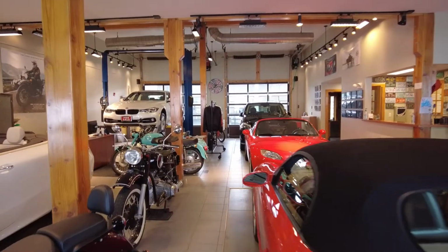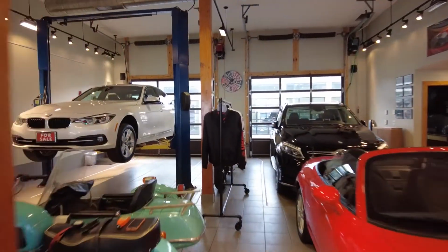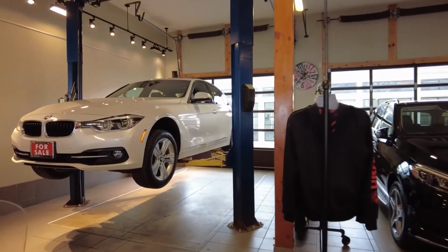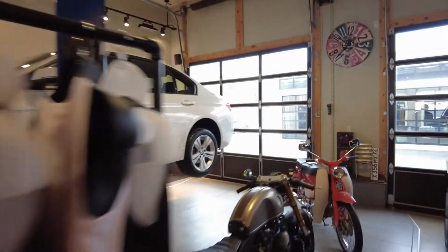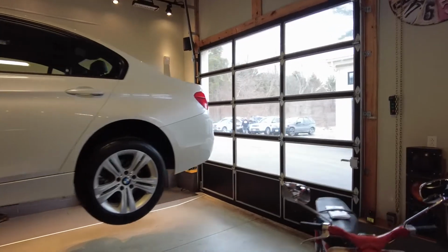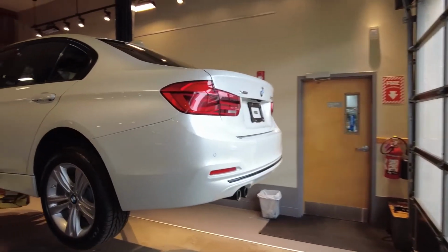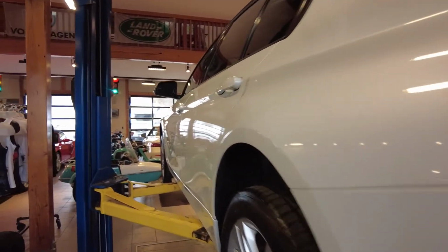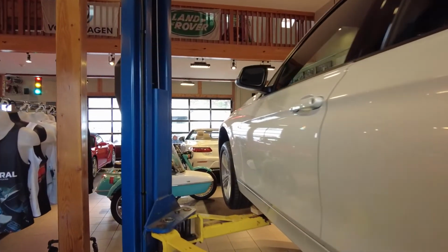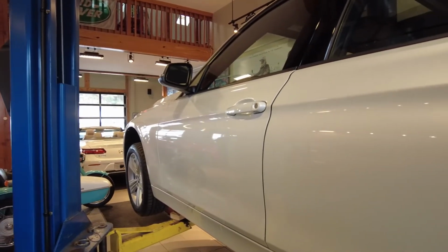Let's take a look at it. We have it right here in our showroom on the display lift. And this vehicle has a nice transparent history. We actually sold this vehicle when it had 24,000 miles. It has 48,000 miles now. We sold it to a local customer, and she just sold it back to us just because she doesn't need